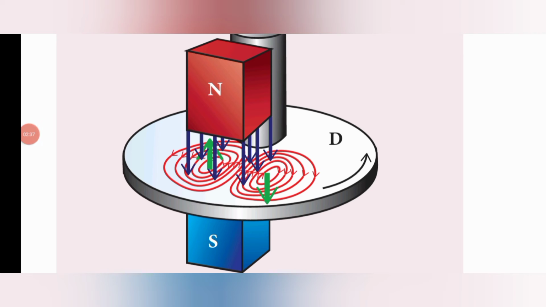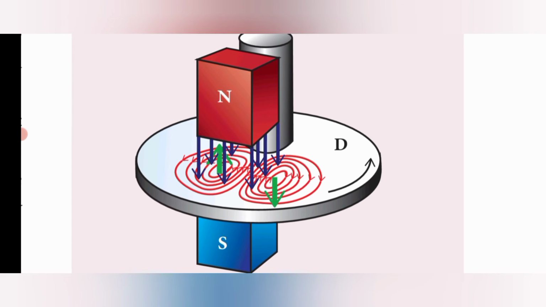And the second application is the eddy current brake. The eddy current brake is generally used in high speed trains. Here strong electromagnets are fixed above the rail track, and they can stop the train. When the electromagnets are switched on, the magnetic fields of these magnets induce eddy currents in the rails, which oppose or resist the movement of the train. So this is called the eddy current brake.